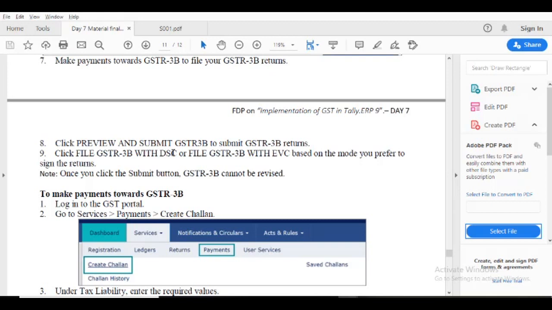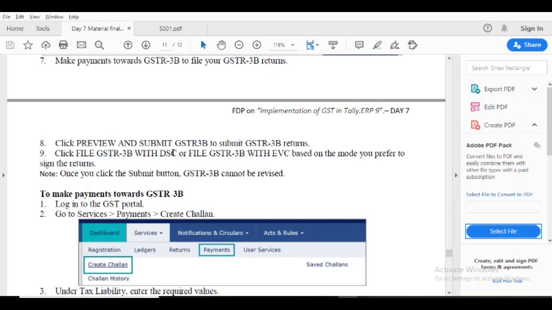If we have the digital signature certificate, easily we file. Only the registered authorized signatory's DSC is applicable to file the return. Any auditor or consultant cannot use his or her DSC.